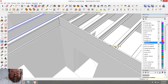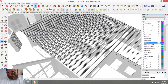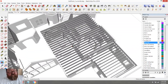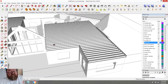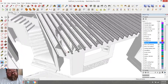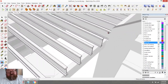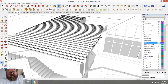Times 23. There we go. And that makes more sense. Yeah, because you can get them that long, and it'll make this whole floor system up above a lot smoother and stronger. And then I'll just have to alter. These are gonna have to be set back though. Let's see, this beam really